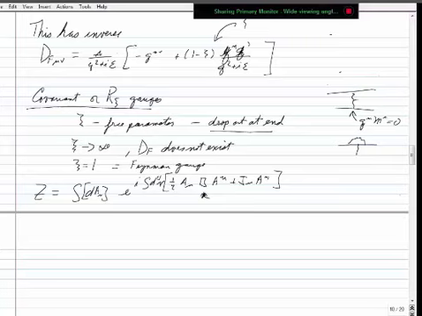The new piece cancels off the derivative piece, and I start off with the Lagrangian then. So the path integral Z in Feynman gauge is integral dA_μ e to the i integral d^4x